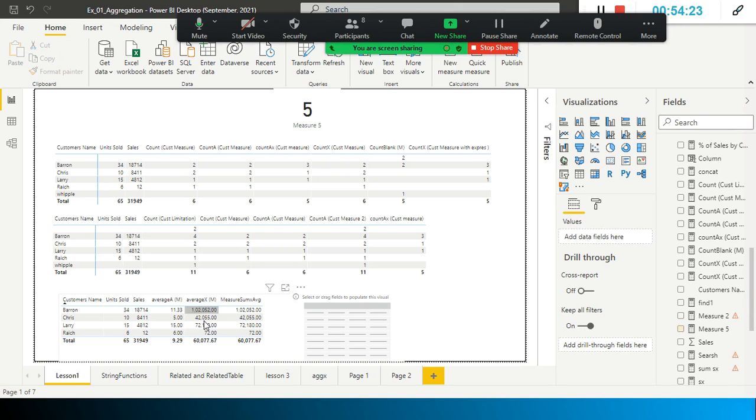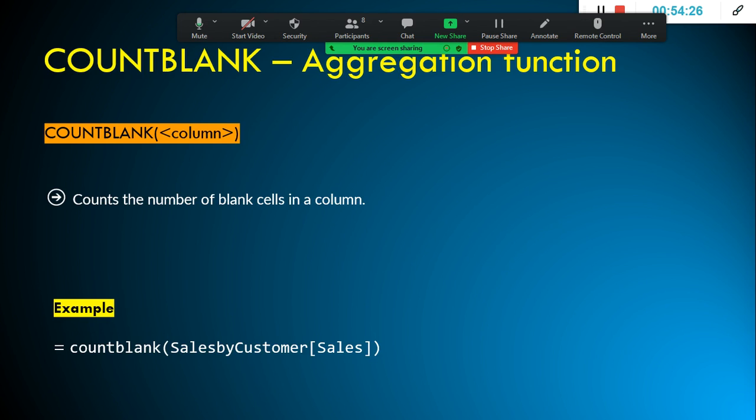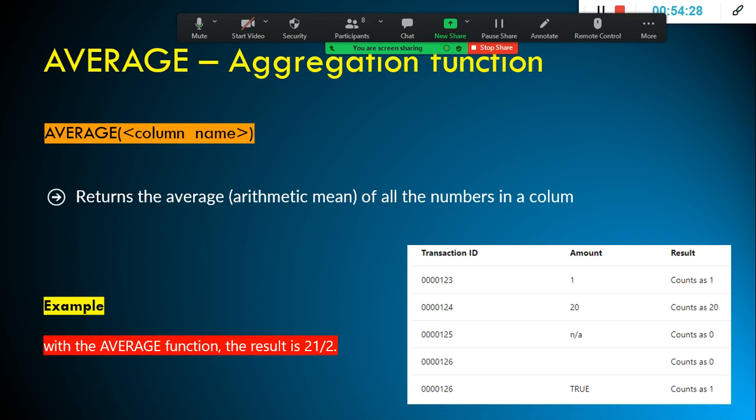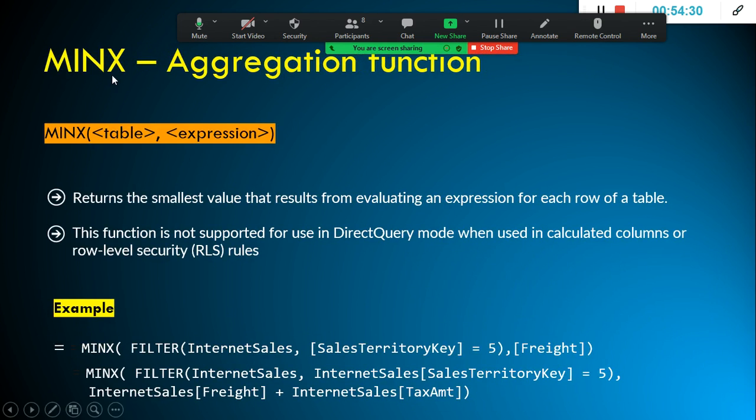And next one is the average function. Average also we have, like MINX. Whenever you see X followed by the function name or the aggregation, that means you need to evaluate some expression. I have given some example also here, okay?